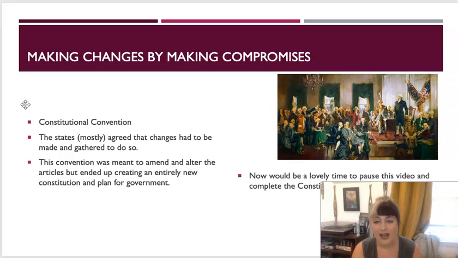Now, there's going to be lots of compromises along the way till we get everyone to agree and eventually pass the new Constitution. So now is going to be the excellent time for you to go work on your Constitutional Convention stations, because that is going to take you through 4 stations to talk about the Great Compromise, so how we compromised on having a separation of powers with 3 branches and a bicameral legislature with different types of representation. We'll talk about the 3/5 Compromise, the differences between the Federalists and the Anti-Federalists, and then just kind of a recap about America getting a new Constitution. So now would be an excellent time for you to go work through those stations.